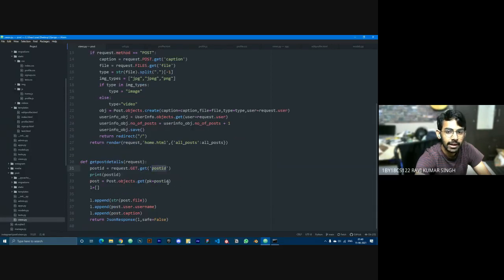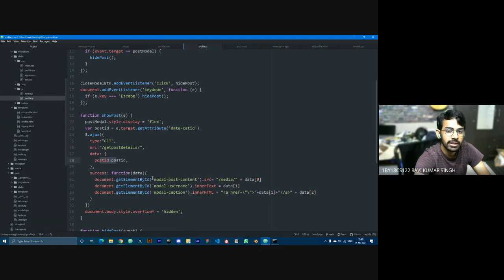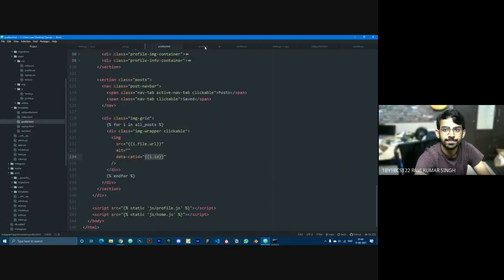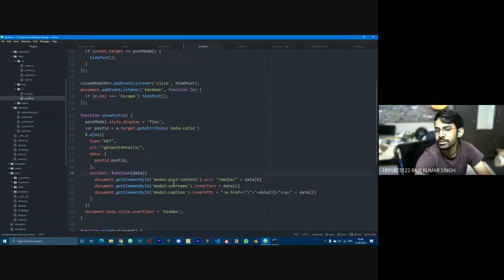And then taking the value, appending it in the list, and returning it using JsonResponse. So now after returning it, the data becomes a similar list like L, and then we have given an ID to all of the model objects which need to be changed, and we are just selecting them individually and changing the data. That's it.